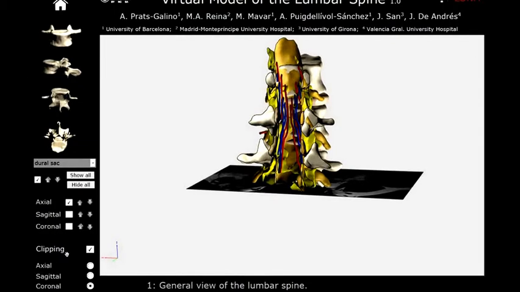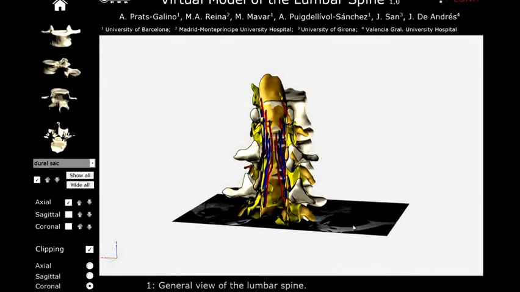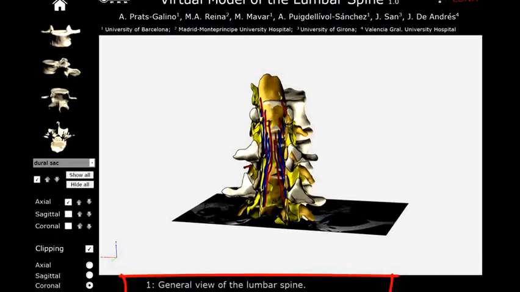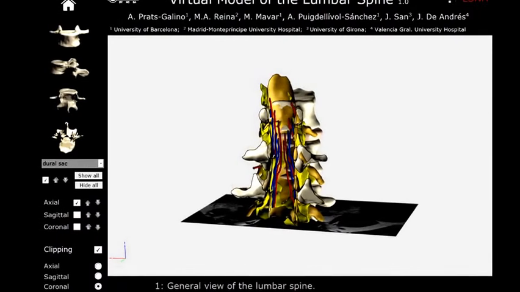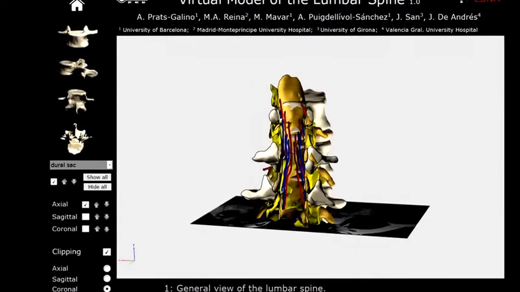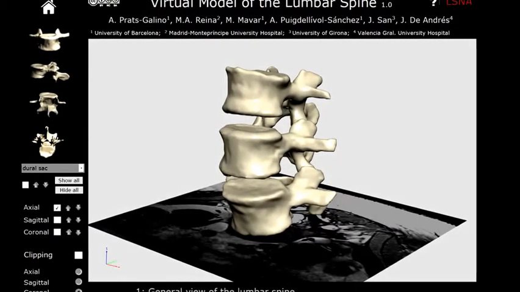Apart from these buttons on the left that serve to facilitate the interaction of the user with the model, the document also contains an additional functionality, an educative presentation that consists of predefined views and their short descriptions. The presentation is reproduced by clicking on the number buttons at the bottom. The presentation starts with the general view of the lumbar spine and moves to the anatomy of the vertebra,